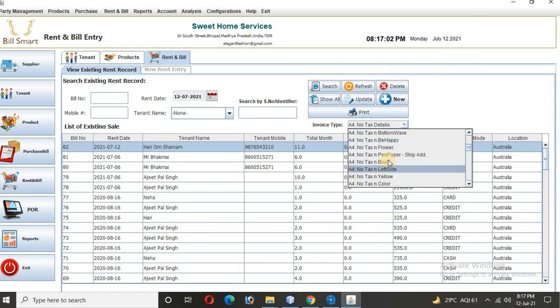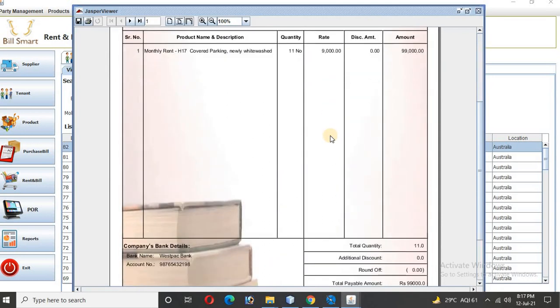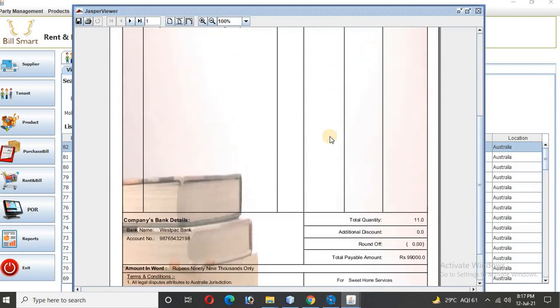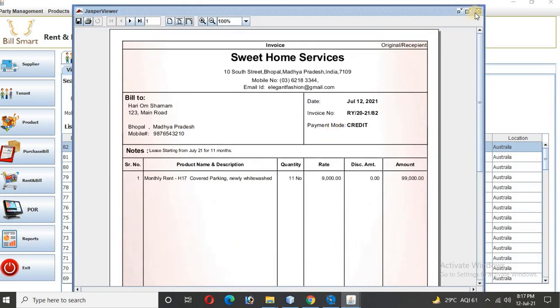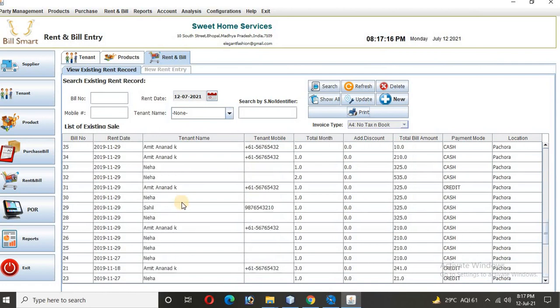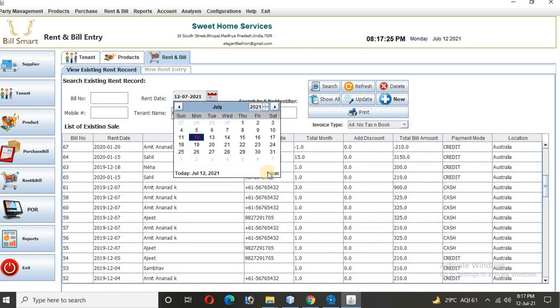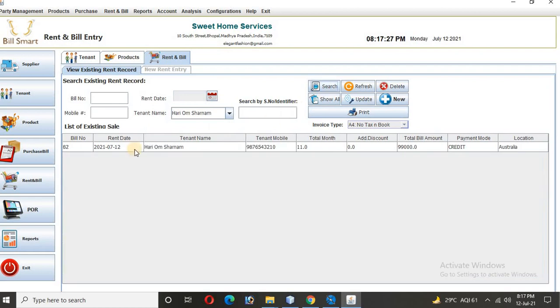Like say, if I say this design, so I have this colorful design of another mode. So you can choose the one which you want. Now this is the billing part. Now I say we have multiple records coming up there, and I wanted to figure out, is there a record I have created for Hari Om Sharanam? Yes, we have, and I removed the date and I wanted to check the search. So we have created one record for 99,000 in credit for Hari Om Sharanam.